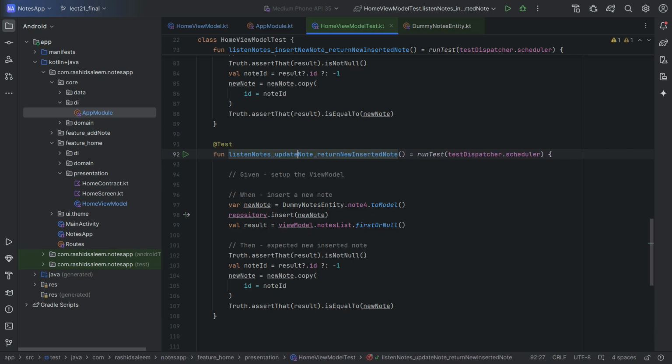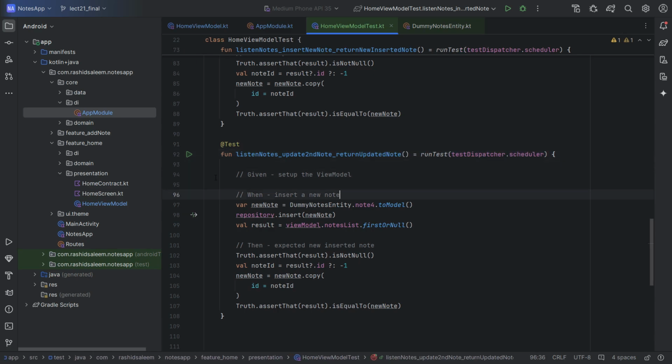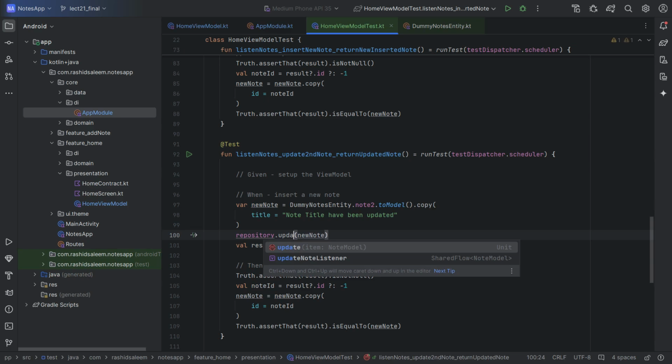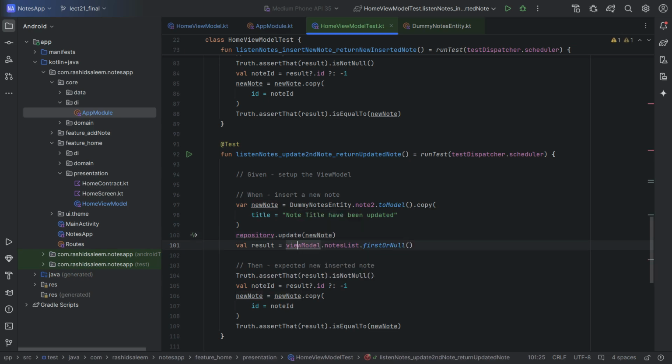First node. Actually, let's update the second node, and in return we are expecting the updated node. And setup view model is done, and we will update node 2, make a copy of it and update the title. Node title has been updated, and we will call the update method here, and in return